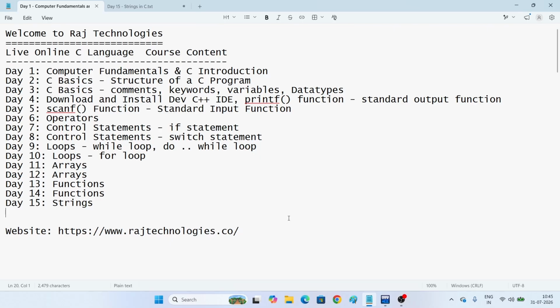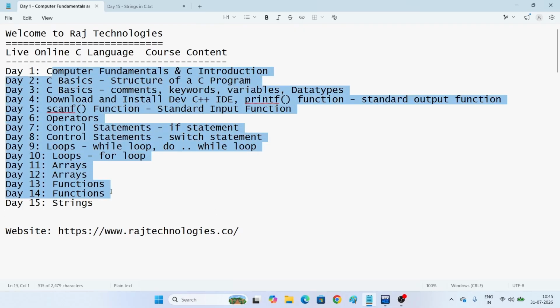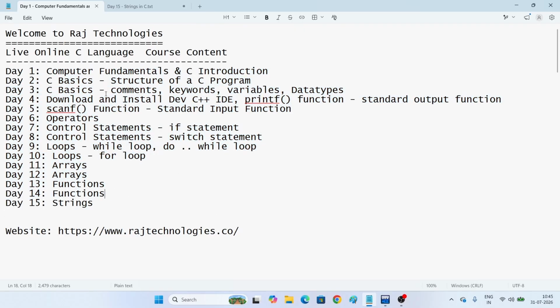In the C language online course, up to now we have completed a total of 14 classes, and what we have discussed are the C language fundamentals, basics, printf and scanf functions, how to make use of operators, and control statements like if, switch, and loops like while loop, do while loop, and for loop. We discussed one-dimensional arrays and two-dimensional arrays, and we have discussed functions. Today we are going to discuss the major topic, the last one, strings,